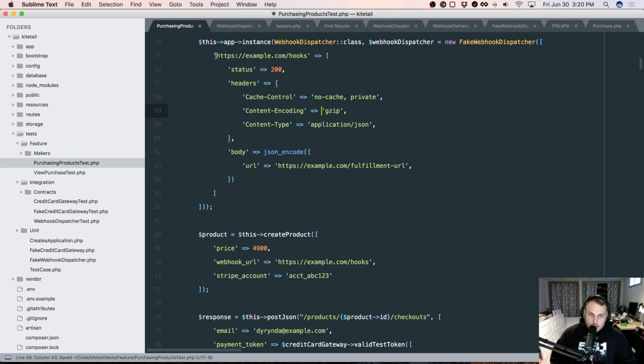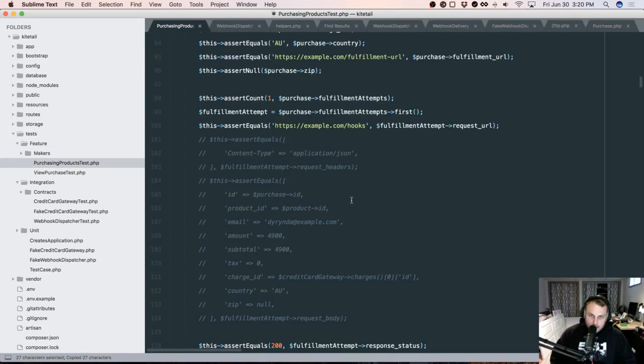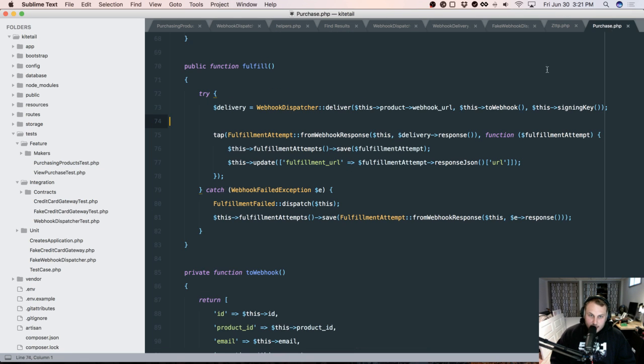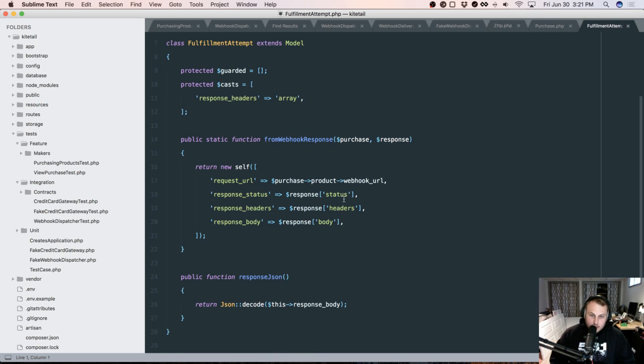So this is the endpoint that we're expecting to hit, right? So we already have a test that says we're getting that here. Although one thing I think is going to be smart to do is right now we're storing the... this is interesting. So if we look at the fulfillment attempt, you notice how to get the request URL, the